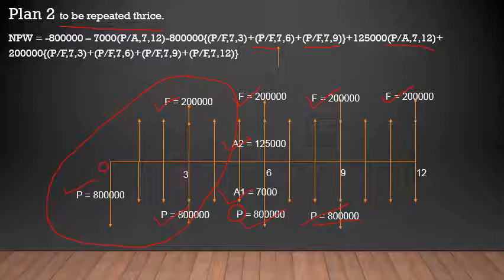In order to avoid confusion, I have taken individual costs, but I can also use 6 lakhs multiplied by P by F comma 7 comma 3, 6 lakhs multiplied by P by F comma 7 comma 6, 6 lakhs multiplied by P by F comma 7 comma 9 for these three, since there are simultaneous positive as well as negative flows. I can get the net value and then convert that into its P. That's also quite possible. Substitute the values from factor tables and you will get the answer as 1067846. Of course, it's also a cost.